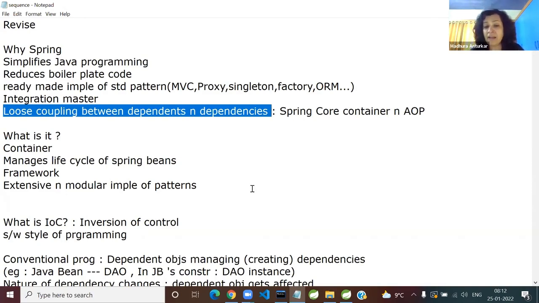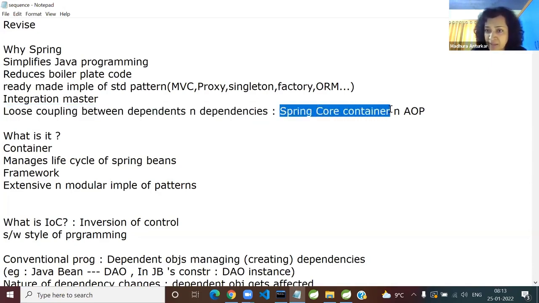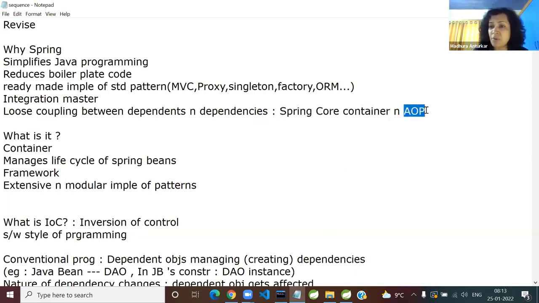The answer is, the entire layers will be loosely coupled. And how does the Spring Container manage this loose coupling? What you are going to start learning today is the Spring Core Container. And once you settle, maybe in the third or fourth day sometime, I'll also introduce you to aspect-oriented programming. So these are the few reasons why you are learning Spring.